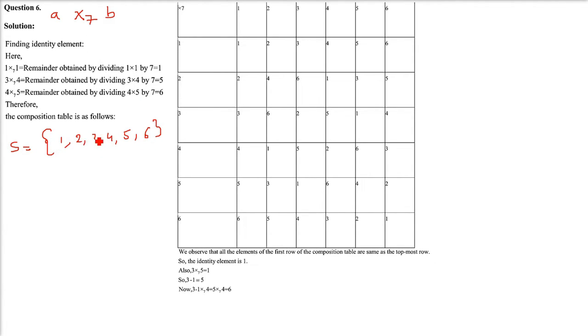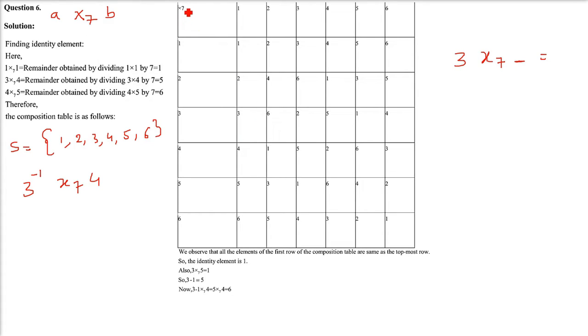So what do we have to do? There are 6 values in this set. We have to compute 3 inverse ×7 4. What does it mean? First we'll try to find out the 3 inverse. What is the inverse? That is, when we multiply 3 with this value and then take the modulo of 7, that is division by 7 remainder, it should come